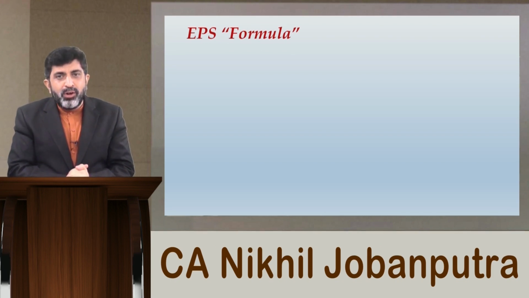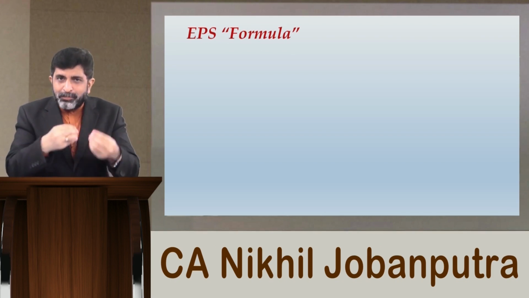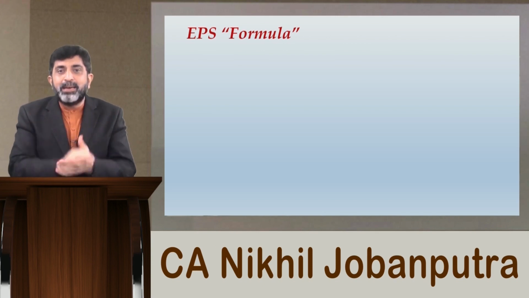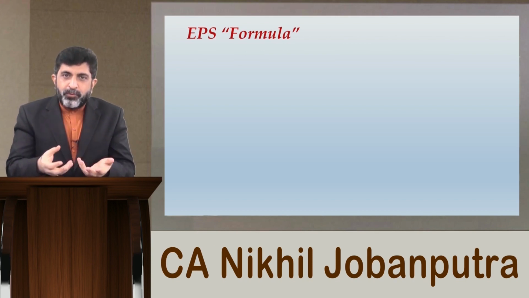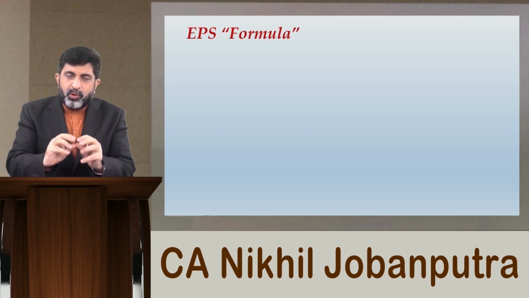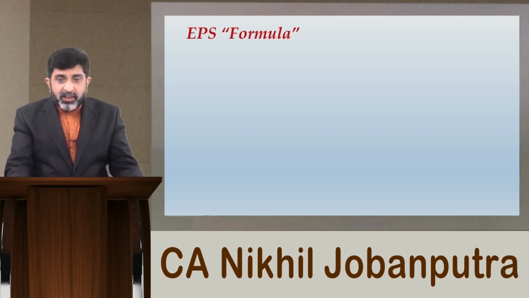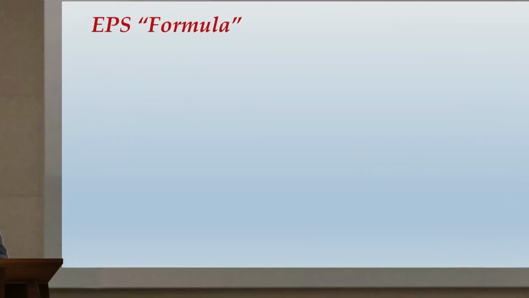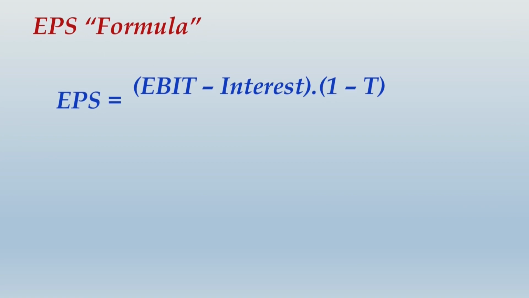So can't you identify that using simple logics you can develop an EPS formula? So instead of mugging up an EPS formula, if you can logically follow this sequence of calculation, you will easily identify the EPS formula, and this is how you would be mentioning that. So EBIT minus interest multiplied by 1 minus T, T stands for tax rate, and from this whole thing, do you know what is appearing right now?